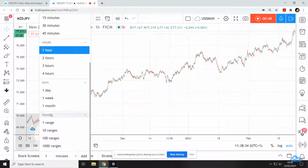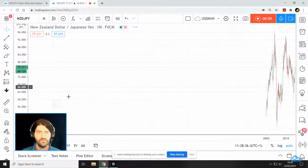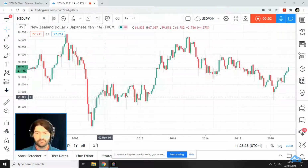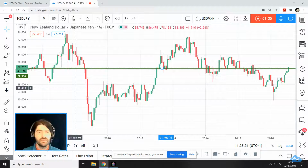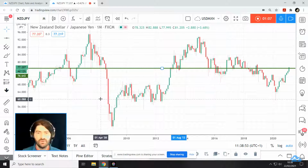Let me show you that on a monthly, because that'll kind of really cut to the chase. Now, that's where we're at the moment. If I put a long horizontal line, you'll be able to see exactly what I mean. That's 76.60. I mean, it's an area really, it's not like an exact number, but I'll just put it around there, 76.60 roughly. And you can see basically that we were in